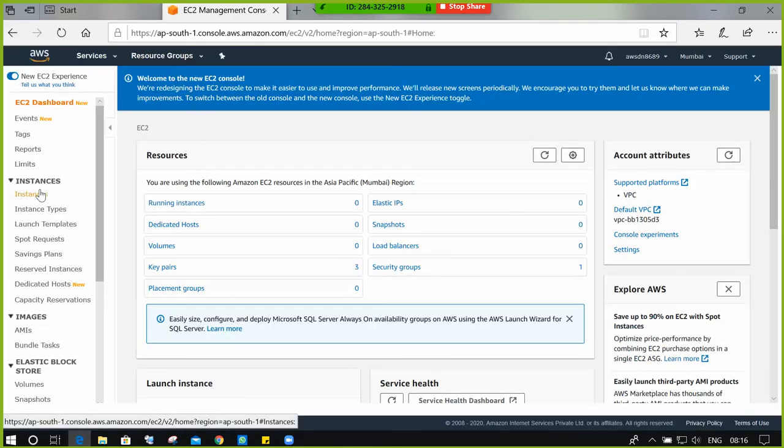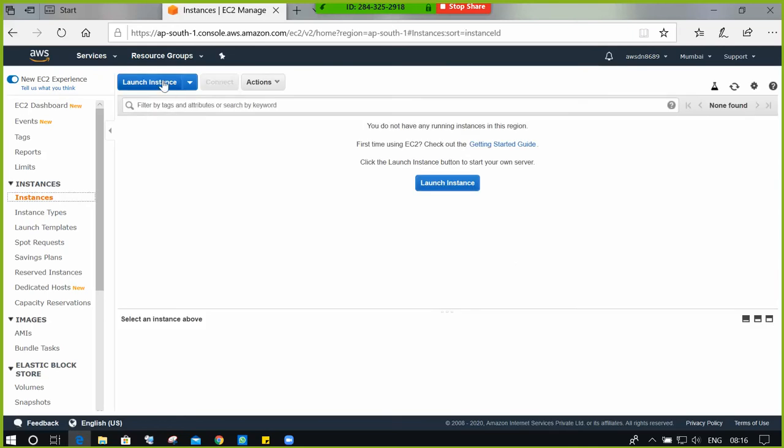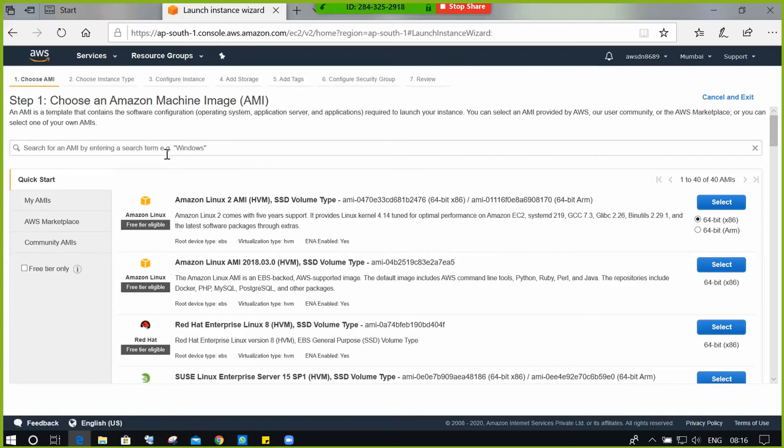Then click on Instances on the left side. Now click create instances, and in the search window type Linux and hit enter.